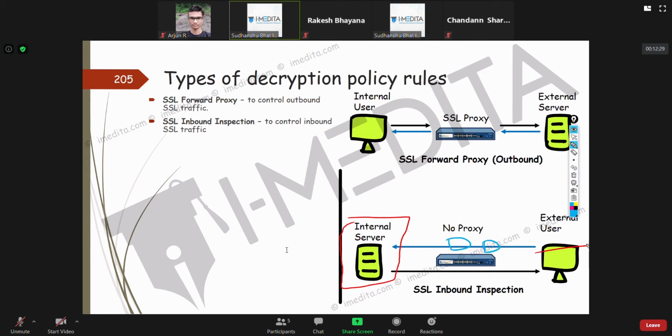What's going to happen is you can have your external user go to the internal server, and the firewall, since it will have the certificates, can transparently get involved here